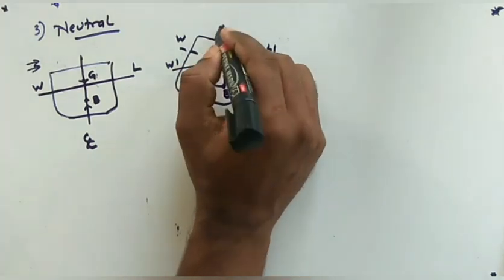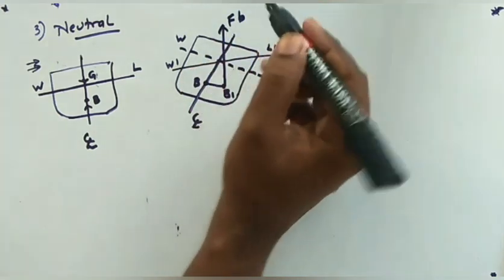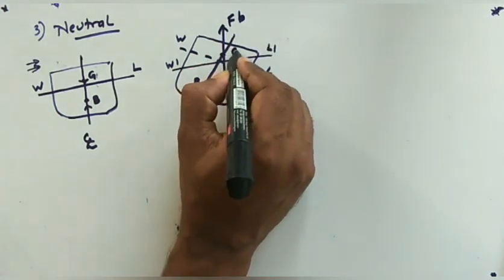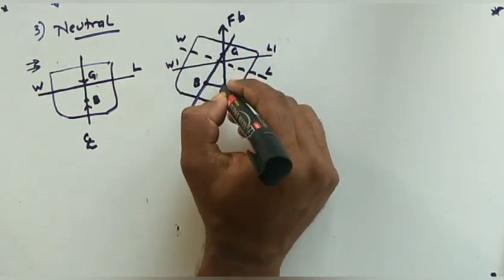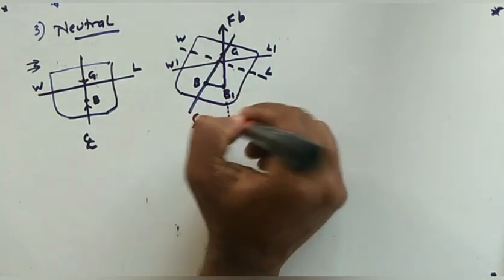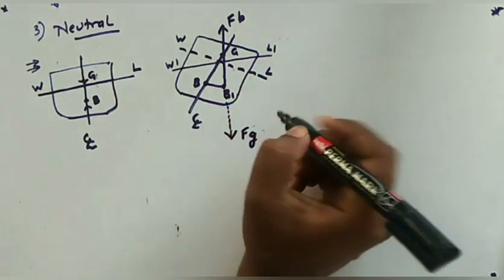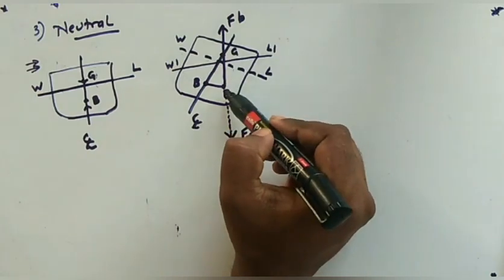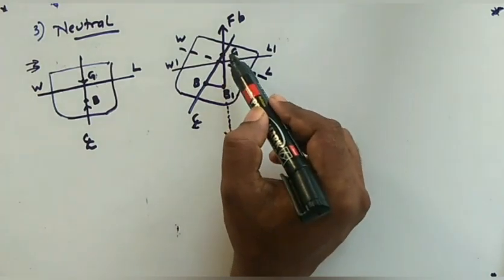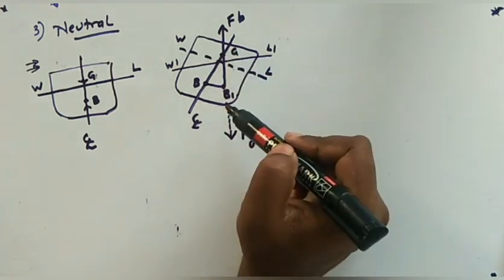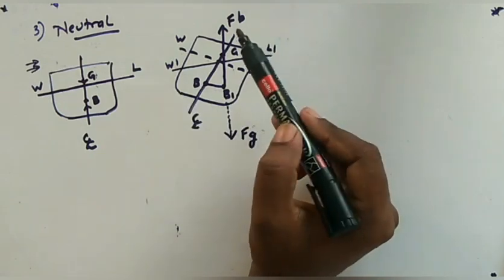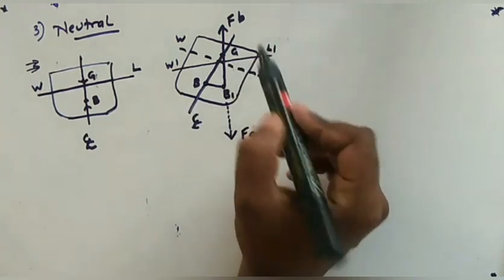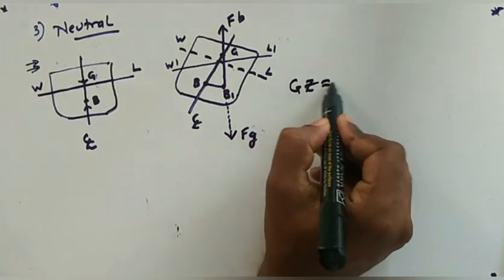Now how is it acting? Vertically upwards, the force of buoyancy, and my center of gravity is at this point. So how is it acting? It is acting from the same point. So I cannot show it here, so I can just extend this line in dotted form, the force of gravity, right? So if you see this, the center of buoyancy is passing exactly through the center of gravity. So what happened? There is no lever over here. Just like the previous two, where we had the lever called GZ, here GZ is 0, right? There is no Z, right?